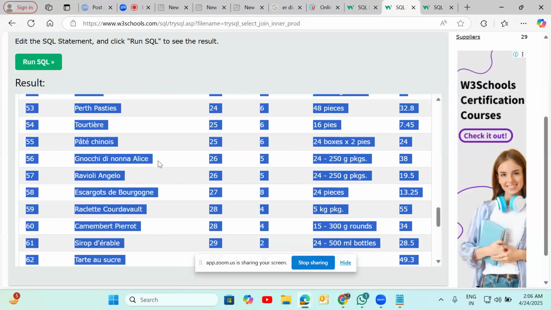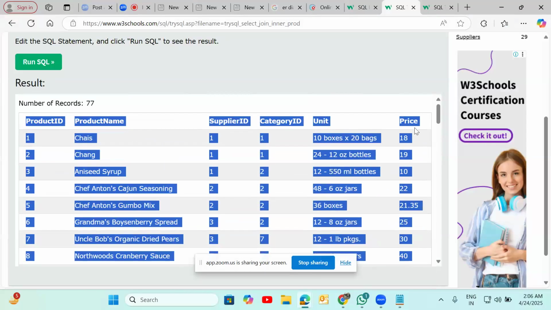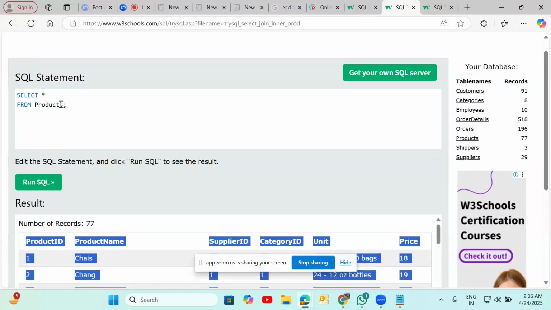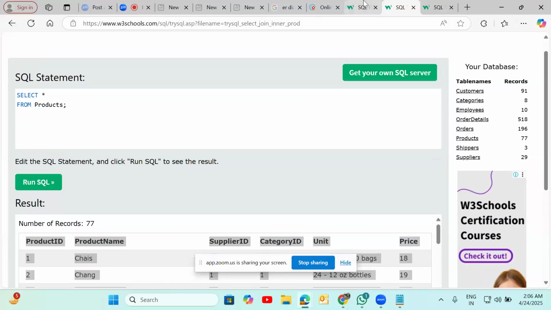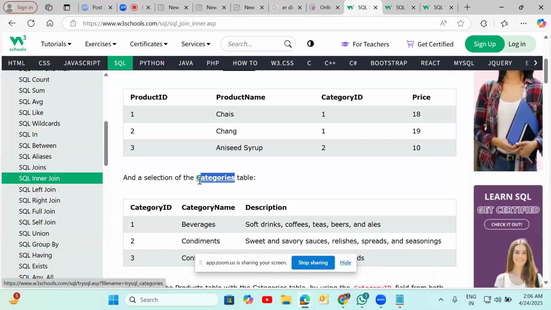Next query, second table, what is this called, category, right?